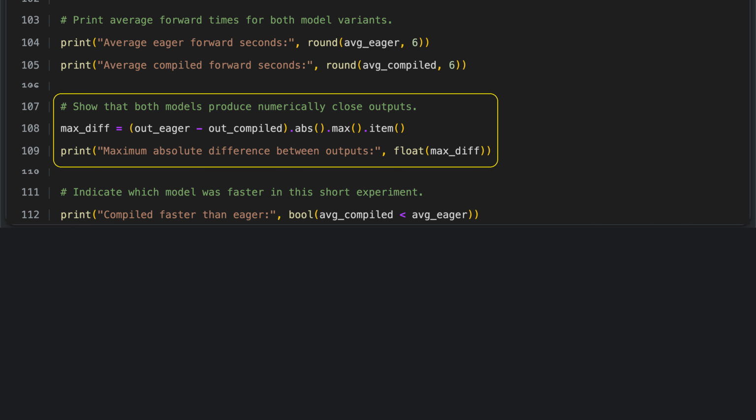We subtract the compiled model's result from the eager model's result, take the absolute value of each element, and then find the maximum of these values. This maximum difference is converted to a standard Python float, so it is easy to read. Printing this value lets us confirm that the two outputs are numerically close, which supports the accuracy of the compiled